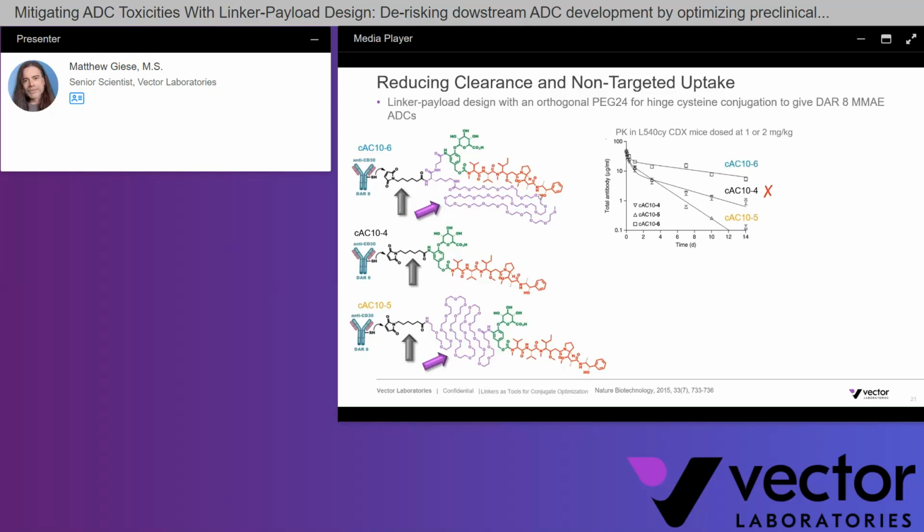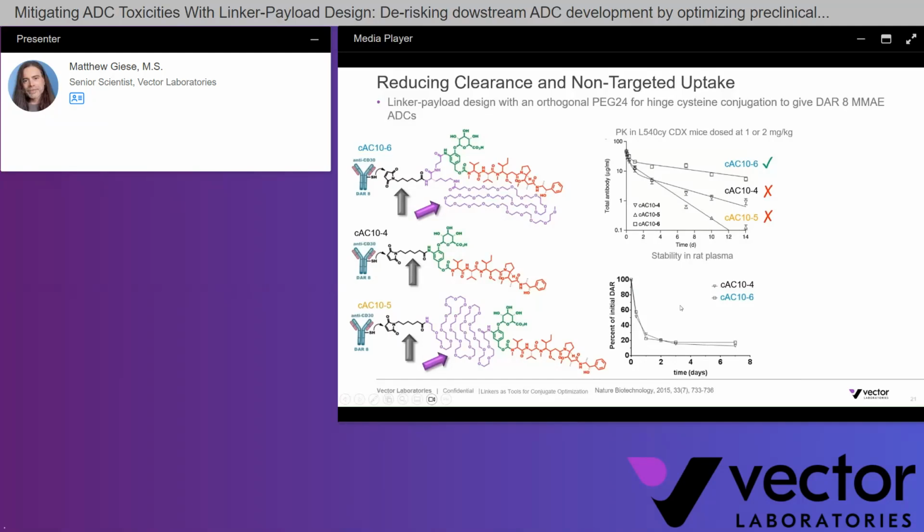And this is not uncommon for DAR8 ADCs with this MMAE payload. ADC 5 with the linear PEG stretcher was cleared even faster. However, ADC 6 with that orthogonal PEG modifier was cleared much slower. And in vivo efficacy also tracked with clearance. Conjugating MC to hinge cysteines is notorious for linker payload deconjugation, so that was explored as a possible contributing factor. However, evaluating these ADCs in rat plasma revealed that they had identical rates of linker payload deconjugation, so that wasn't